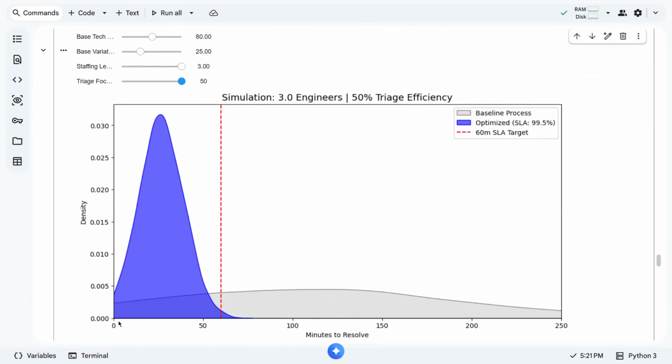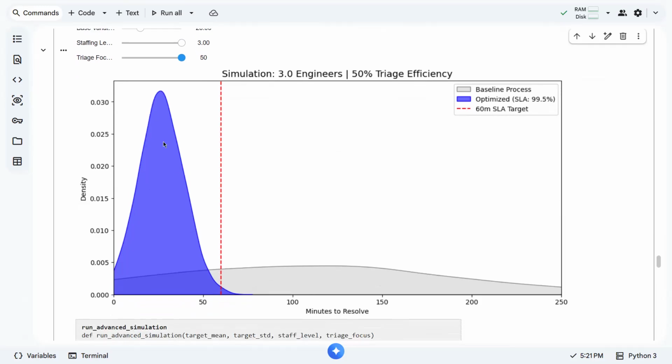This is ideal already because we are so far away. Our mean is so far away from our SLA target. So this is the ideal scenario, from this one up to this one.